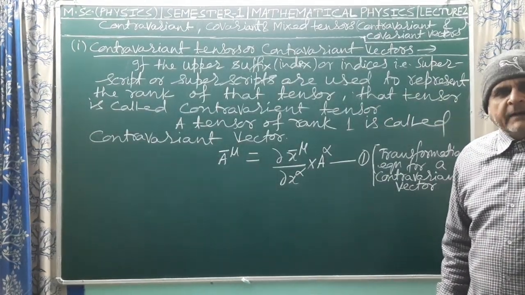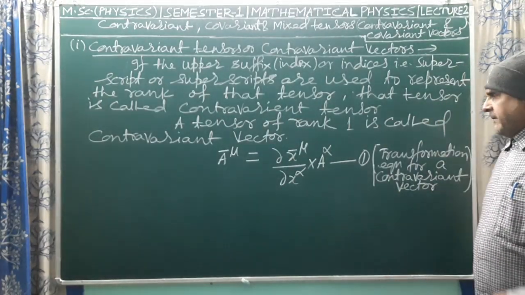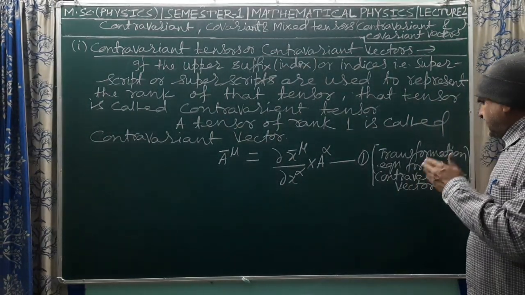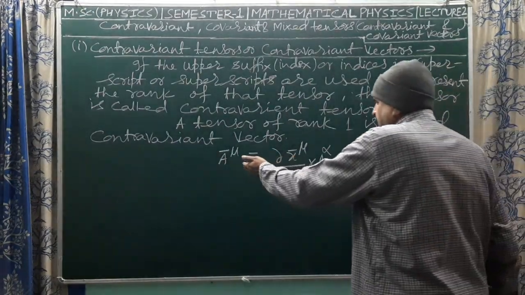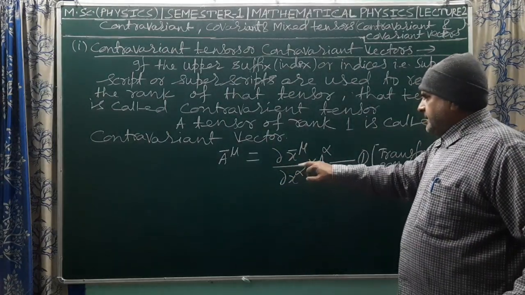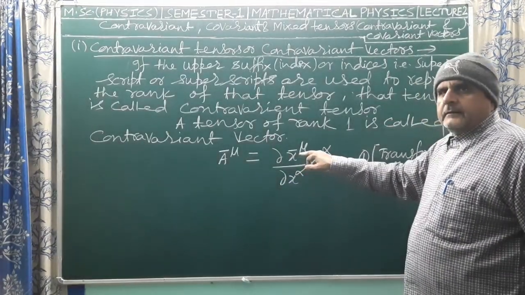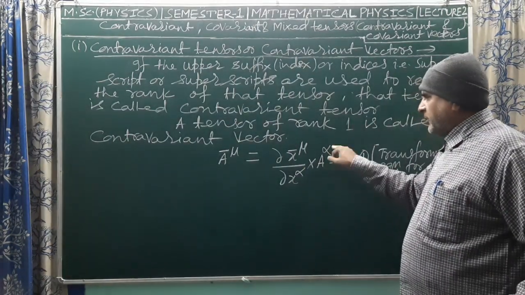A contravariant tensor of rank 1 is called a contravariant vector. So a contravariant vector transforms like this: a bar mu equals del x bar mu upon del x to the power alpha multiplied by a to the power alpha,